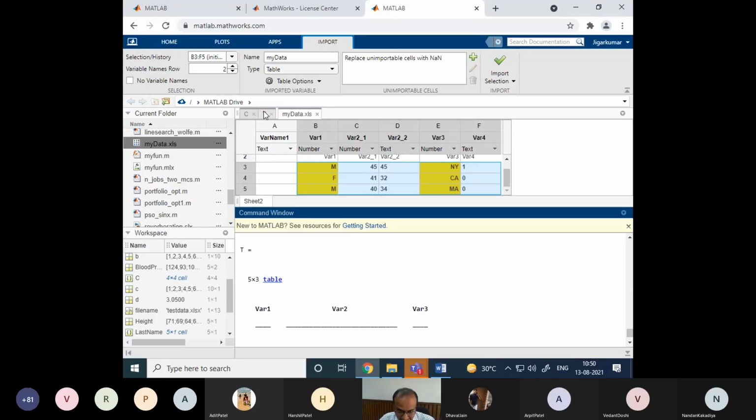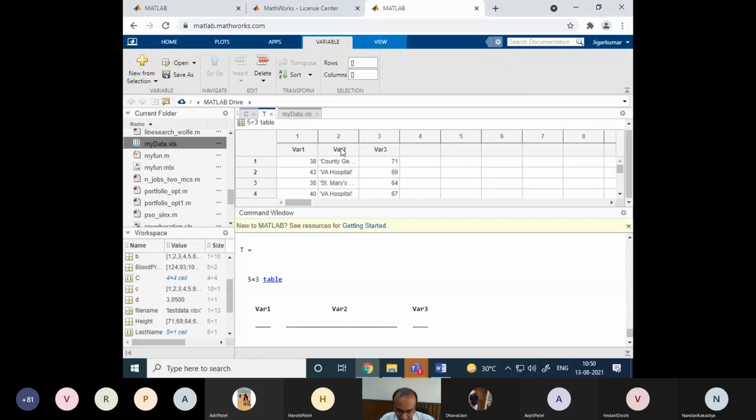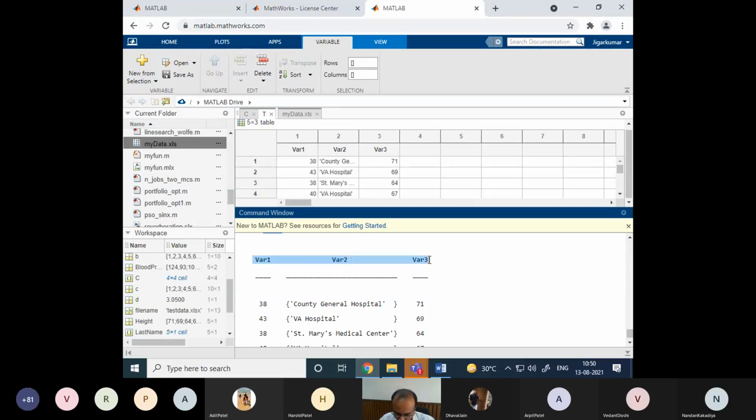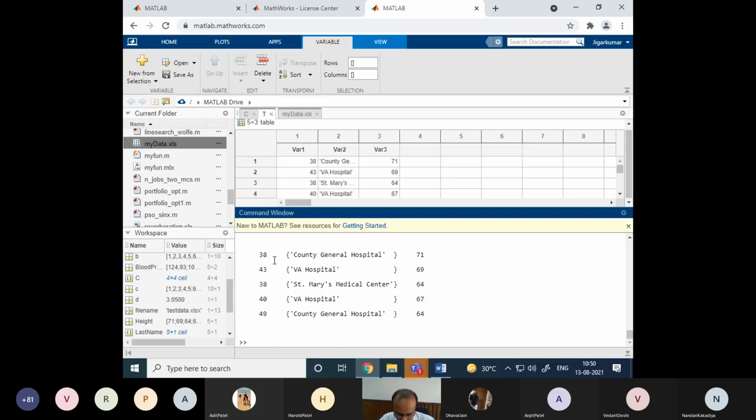This capital T has changed, a 5x3 table, and we have not specified to read the column names. That's why it has named them Var1, Var2, Var3. This is Var1, 3843. This Var2 is a cell, because it reads the names of the hospitals. And then Var3.